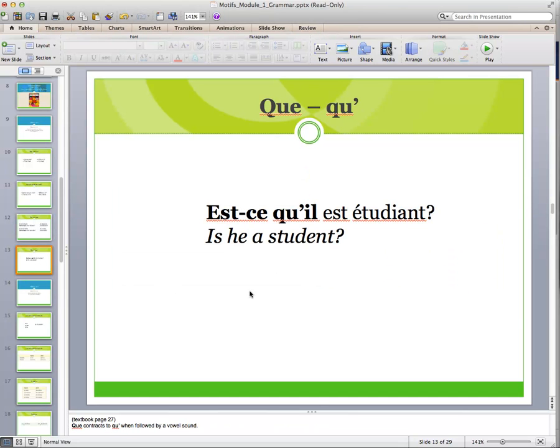However, in the second example, because I've got he, is he a student, and that word he, il, begins with a vowel, I'm going to shorten or contract my que down to Q-U apostrophe. Est-ce qu'il est étudiant? Is he a student? And my answer, of course, is oui,